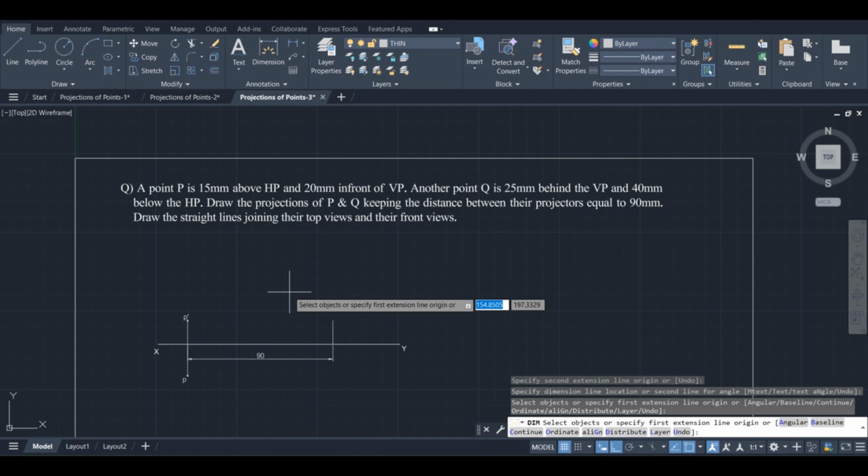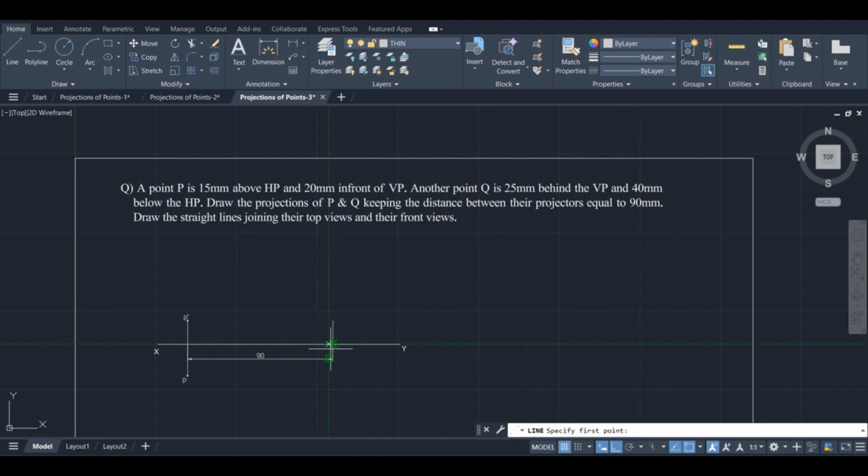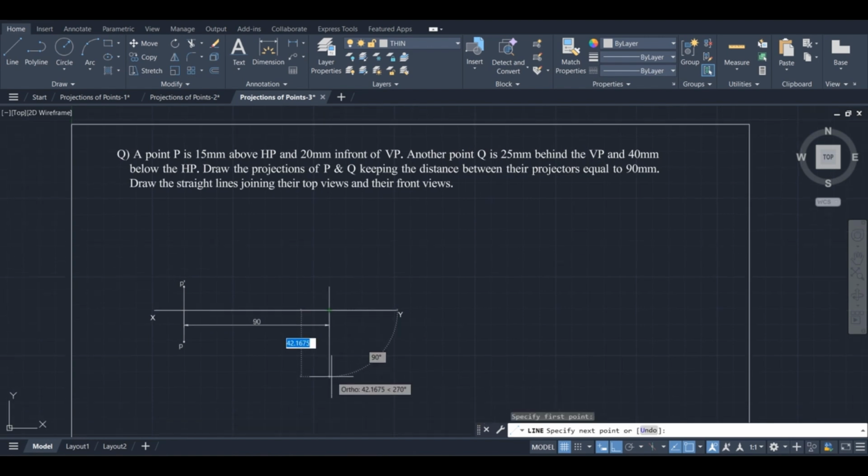Now draw the front view of this point Q that comes below XY line, 40 mm below from XY line. Draw a projector in downward direction with a length 40 mm. Press enter. Okay, and one more projector to draw its top view, that is 25 mm behind VP, means that comes 25 mm above XY line.